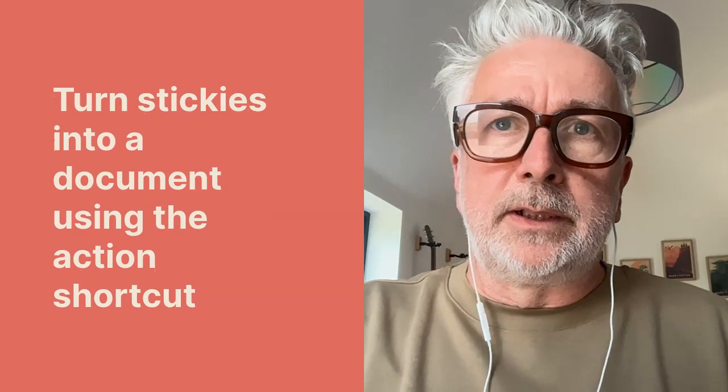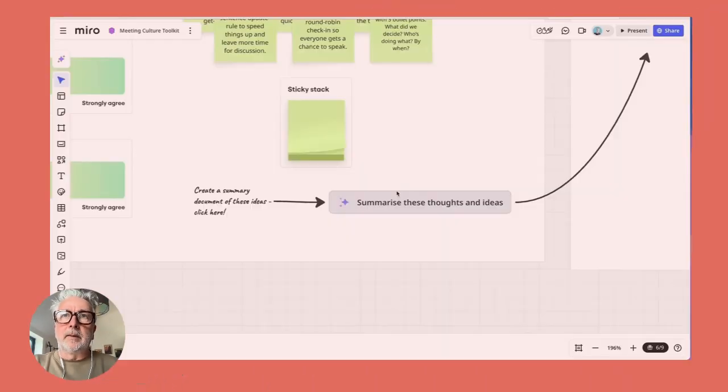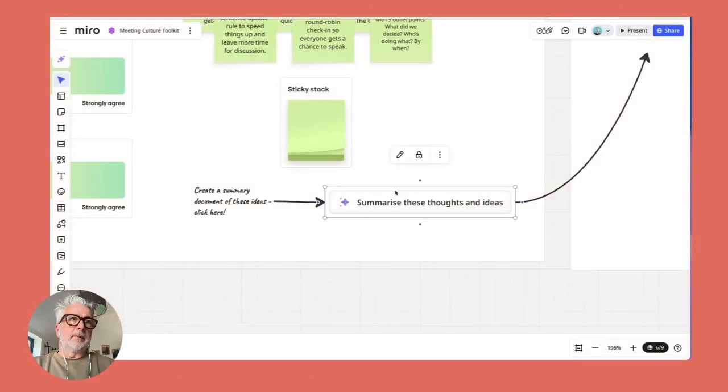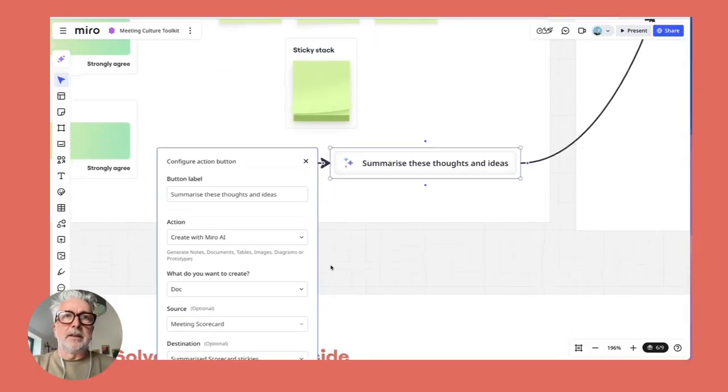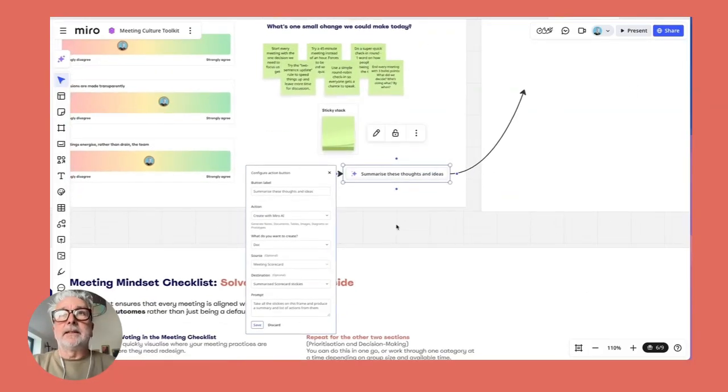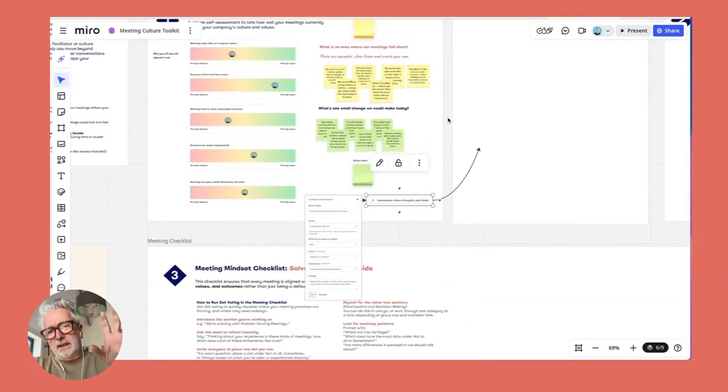Now, here's what I wanted to show you. This is something called an action shortcut. I just love this because you can configure this button to do what you want it to do. In this case, I've said, take all of these stickies and use a bit of Miro AI to summarize these and create a document, because very often you're going to have a bunch of messy stuff all over